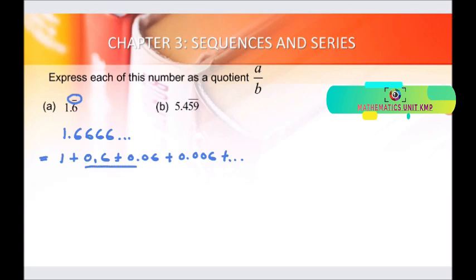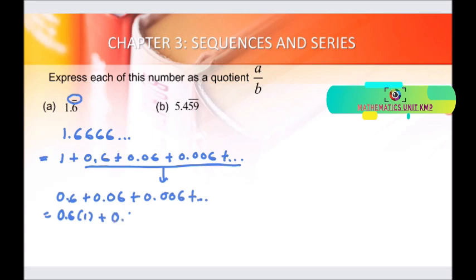Now we take just this part, 0.6 plus 0.06 plus 0.006 and so on. We can write it in this form: 0.6 multiplied with 1